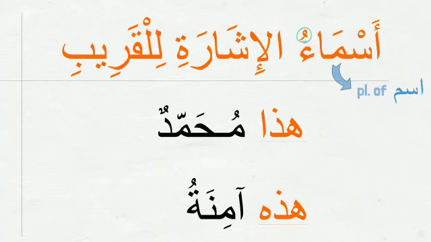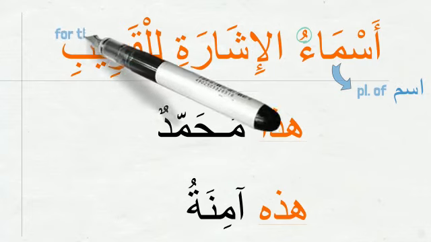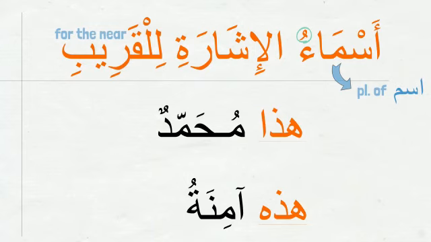That is because it is coming as مضاف, right? And the next part is للقريب, which is جار مجرور, meaning for the near. للقريب. So together, أسماء الإشارة للقريب means the demonstrative ism words for the near. It is referring to the underlined words here. هذا and هذه are the أسماء الإشارة للقريب, because both هذا and هذه are used to point at people or